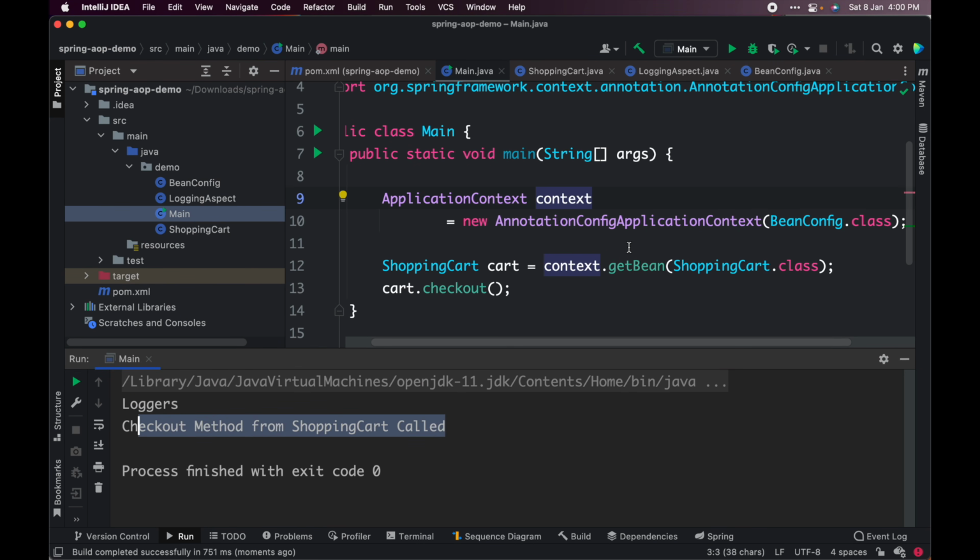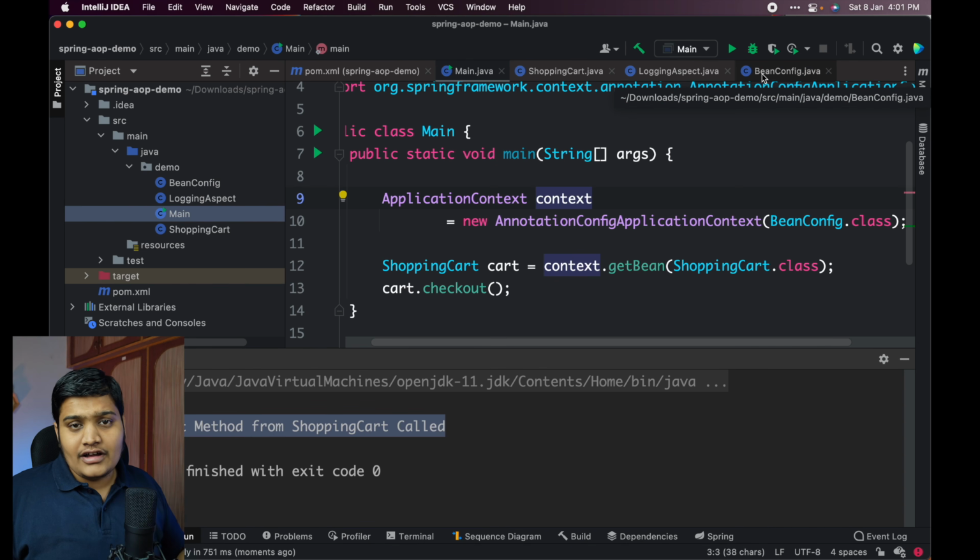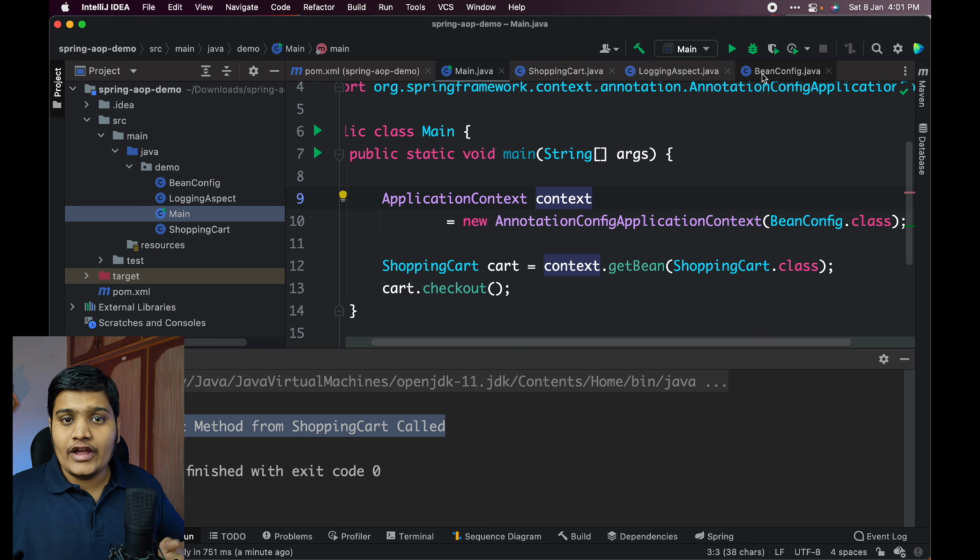Okay, so that means you just removed the loggers from the main method, only kept the business logic, and moved the loggers to the new aspect that you created, that is the logger aspect. Now there are different pointcuts that we can call, right? Suppose currently we called for before, we can call for after, we can call after returning a value, we can call after throwing a value, okay? And we can also call around the method. So these are the 5 things that you can call a method for.